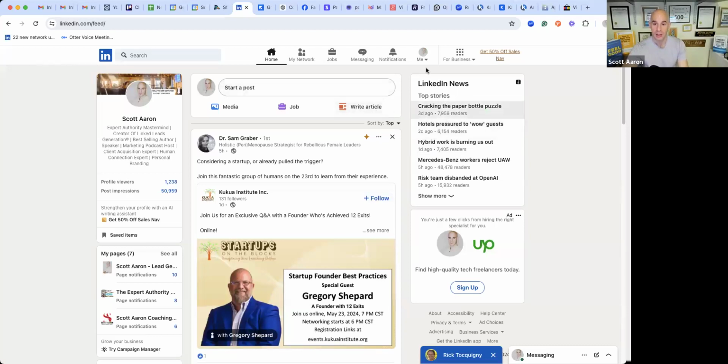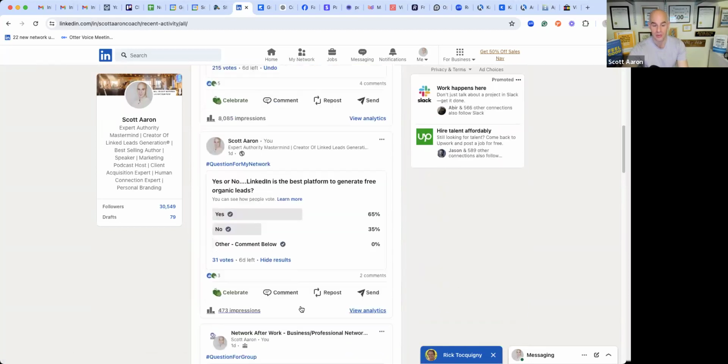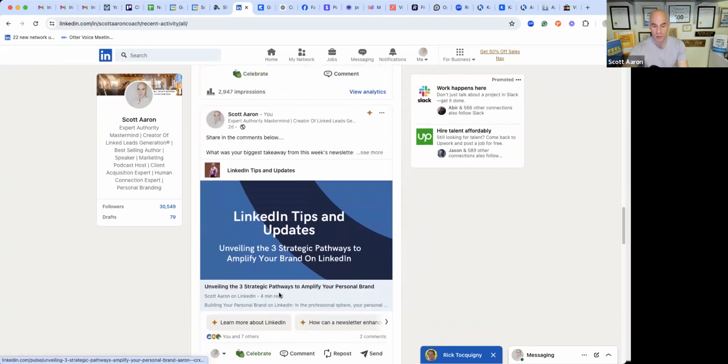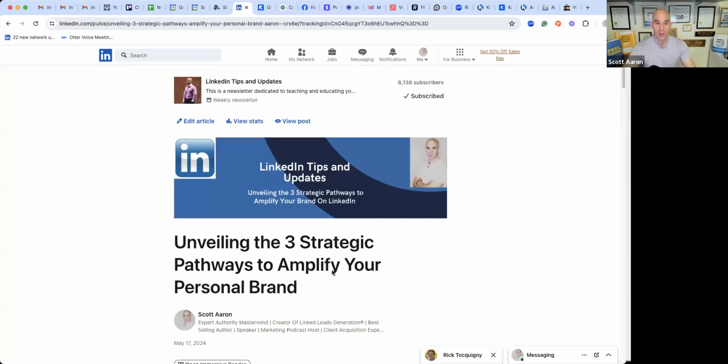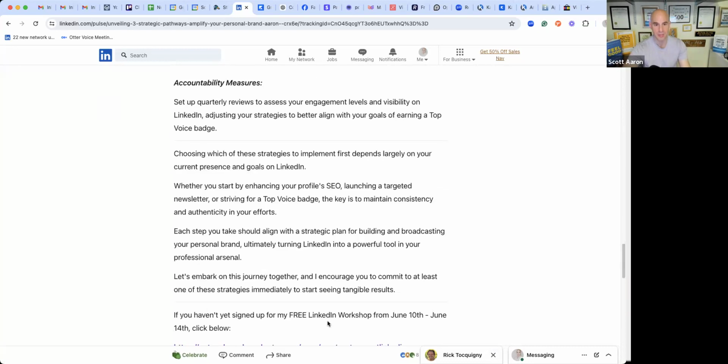Now, the first thing is putting a clickable link in the body of your LinkedIn newsletter. I'm a big believer in calls to action, because those are the things that are basically going to take people from online to offline. And when you are writing your LinkedIn newsletter, you have the ability to put in a hyperlink. So as people go through your LinkedIn newsletter, when you get to the bottom,